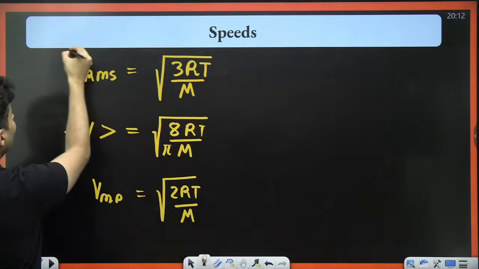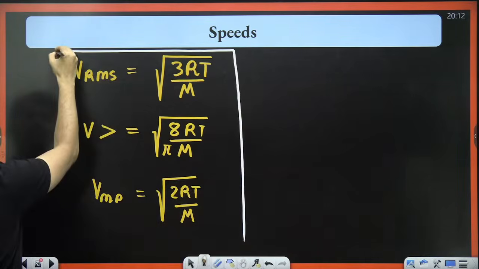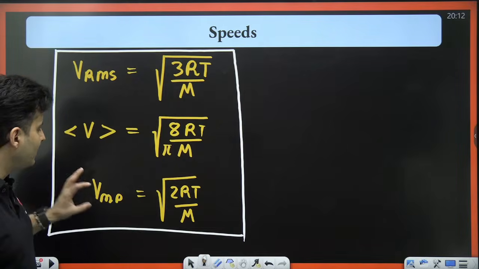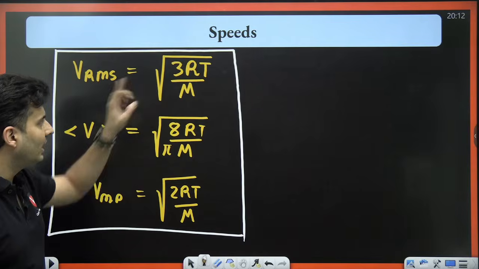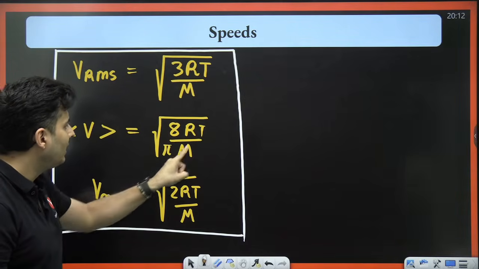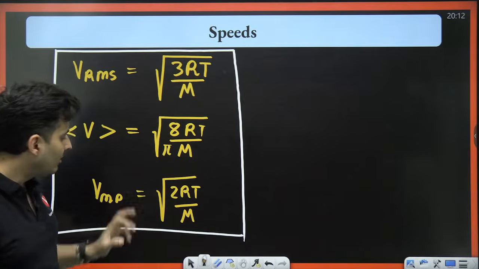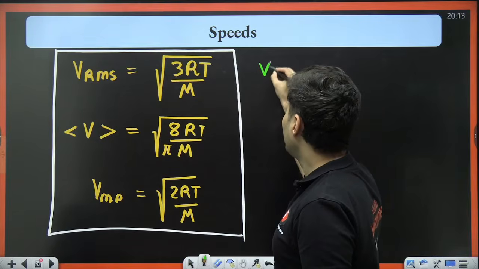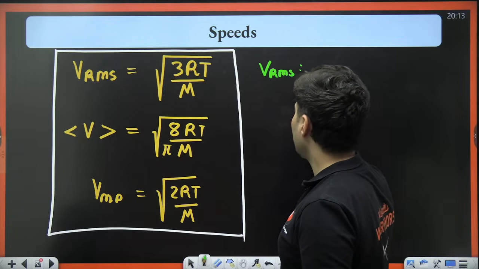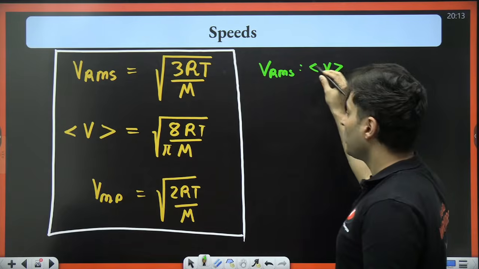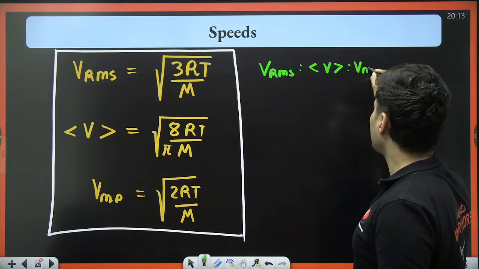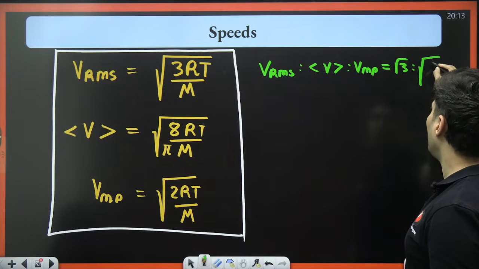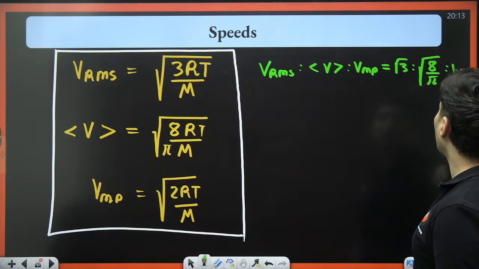These are the three very important formulas from NEET point of view. RMS, average and most probable. 2, 8 by pi and 3. If you see RTM, root is the same. The only differentiating factor is what is the constant. In fact, if you write V RMS is to V average is to V most probable, the answer will be root 3 is to root of 8 by pi is to root of 2